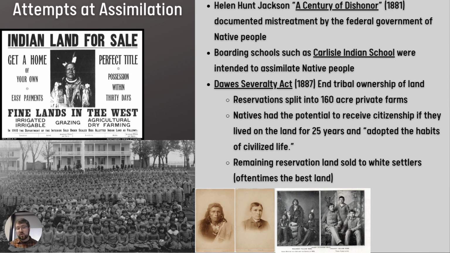And to get rid of their tribal identity, their culture, their religion, and make them more assimilated, we're going to build these schools. The most famous one is the Carlisle Indian School, and we're going to forcibly take the children of Native Americans, and we're going to place them in these schools, and we're going to forbid their native language. We're going to dress them like white people were dressed, not Native Americans, and we're going to change them and, quote, civilize them. This is very unsuccessful.